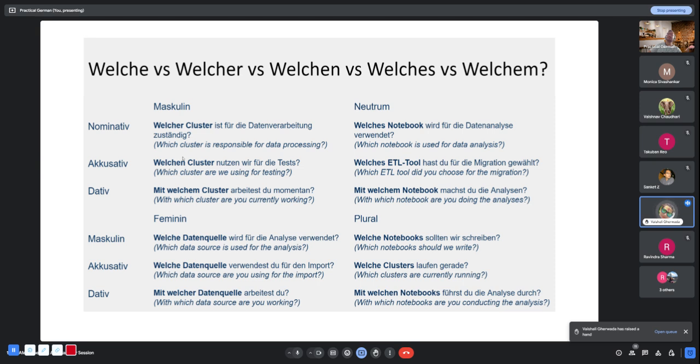Datenverarbeitung zuständig. Äh, Not Ding, zuständig. zuständig. Studying. Accusative. Welchen Cluster nutzen wir für die Teste? Dativ. Mit welchem Cluster arbeitest du momentan? Momentan. momentan. Here, neutrum. Uh,